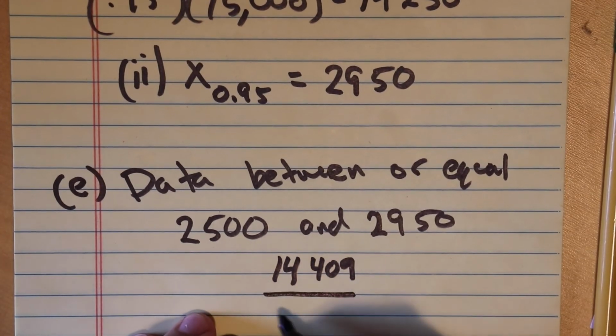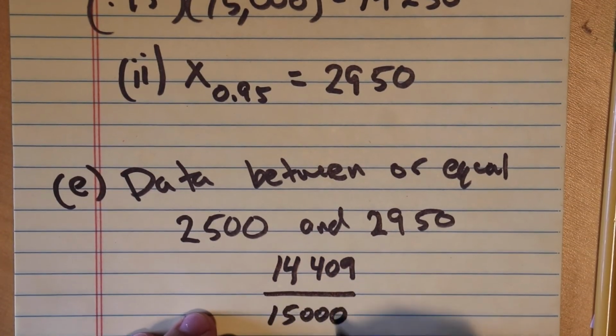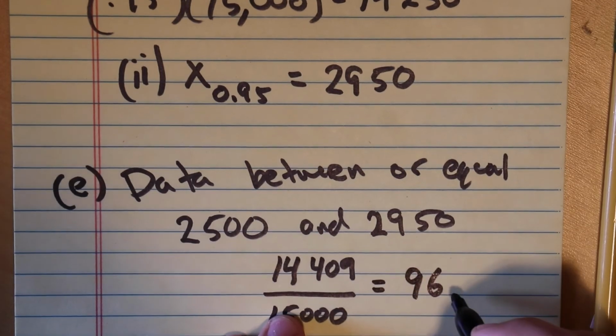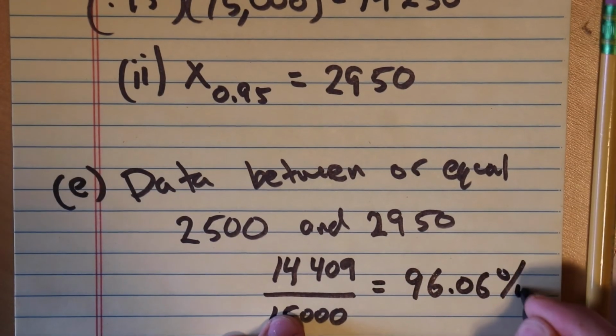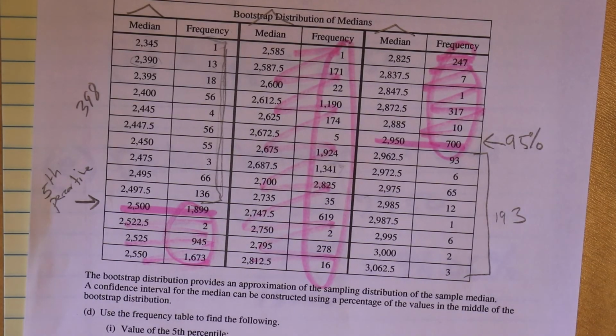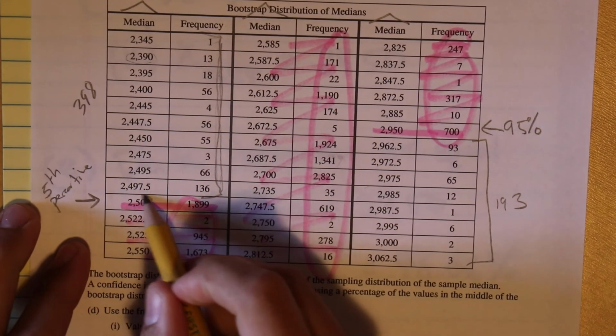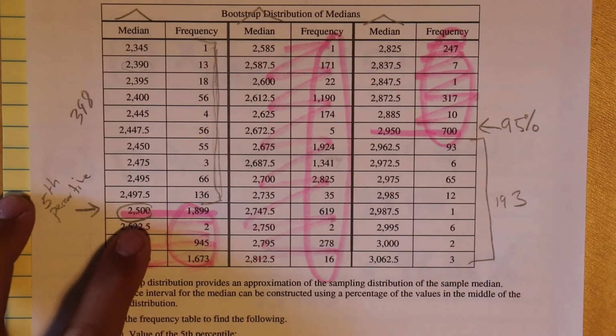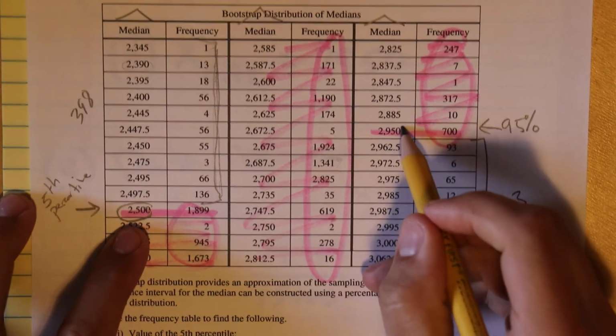And out of a total of 15,000, about 96%. So what we've just done is we found that 96% of the data lies between a sample median of 2,500 and a sample median of